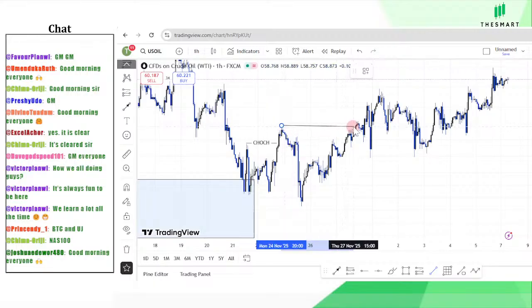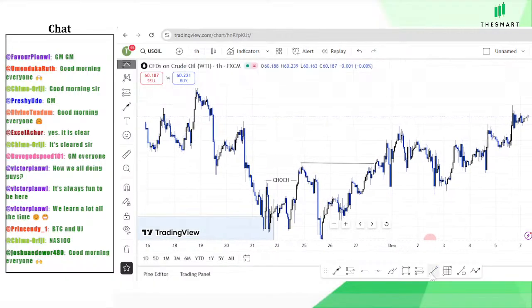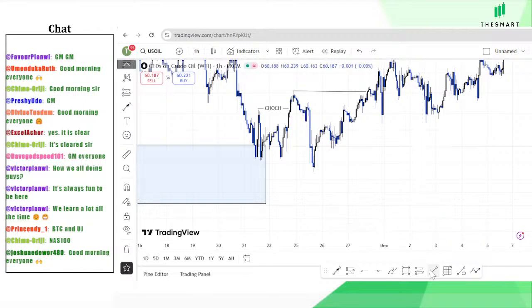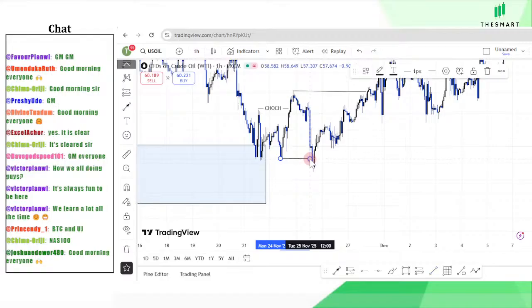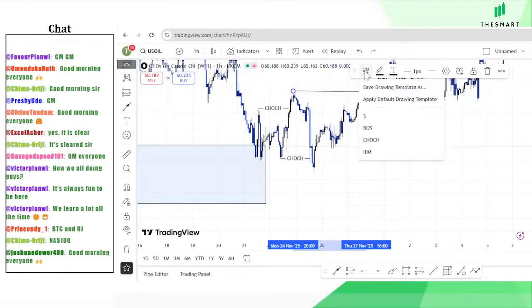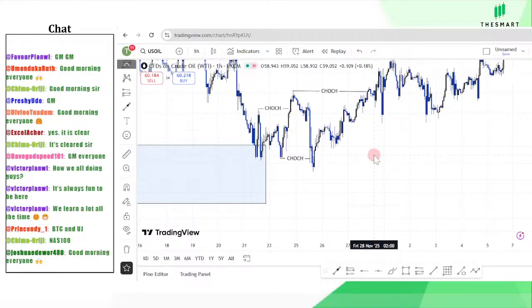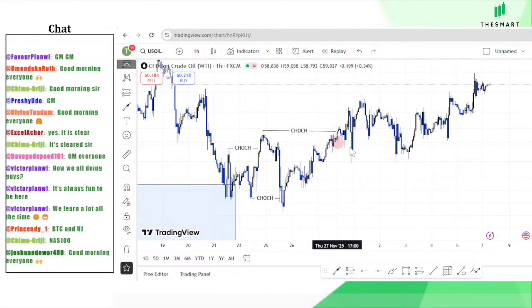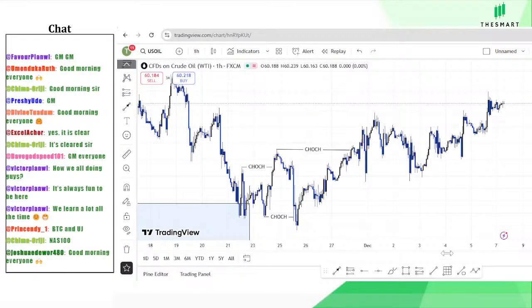But nevertheless, this is what we have: a break of structure. Sorry, we have a change of character because price took out this point, giving us a change of character to the downside. So what we have up there is change of character. We have a change of character here at this high, sorry. After having this change of character, followed by a break of structure to the upside,